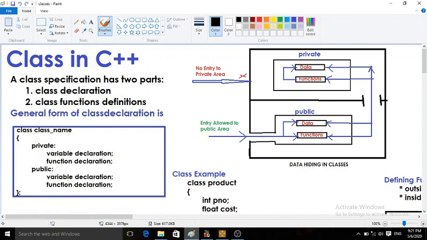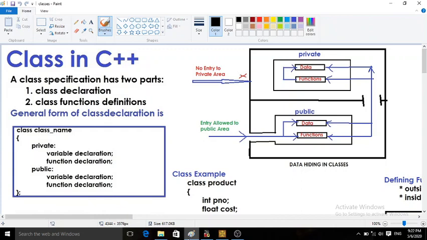In the last lecture we have seen the basic concepts of object-oriented programming. In that we have seen what a class is. A class is a way to bind data and its associated functions together. It allows data to be hidden, as well as functions, if required, from external use. When defining a class, we are creating a new abstract type that can be treated like any other built-in data type.